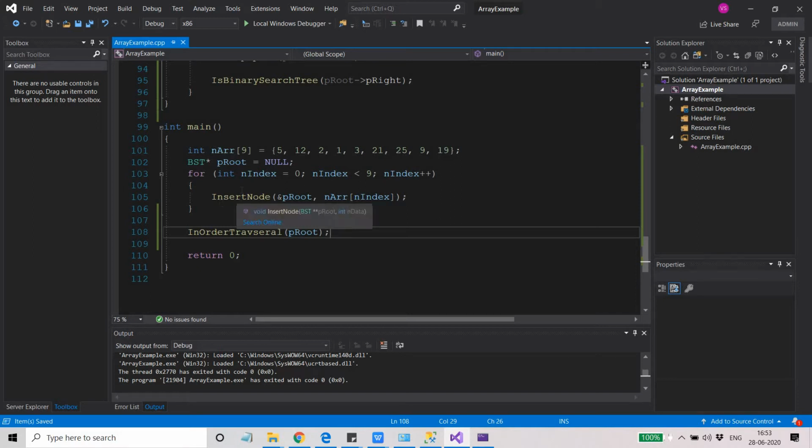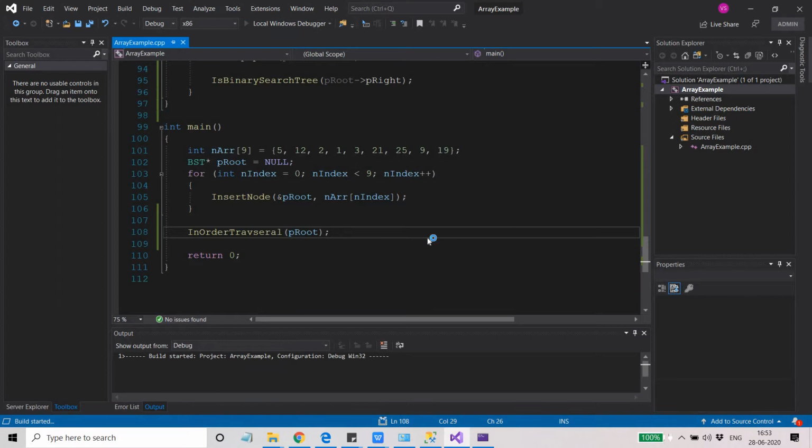I've just used the simple binary search tree insertion logic, so in order traversal will obviously give you the sorted list of all the elements that I add to the tree, right?